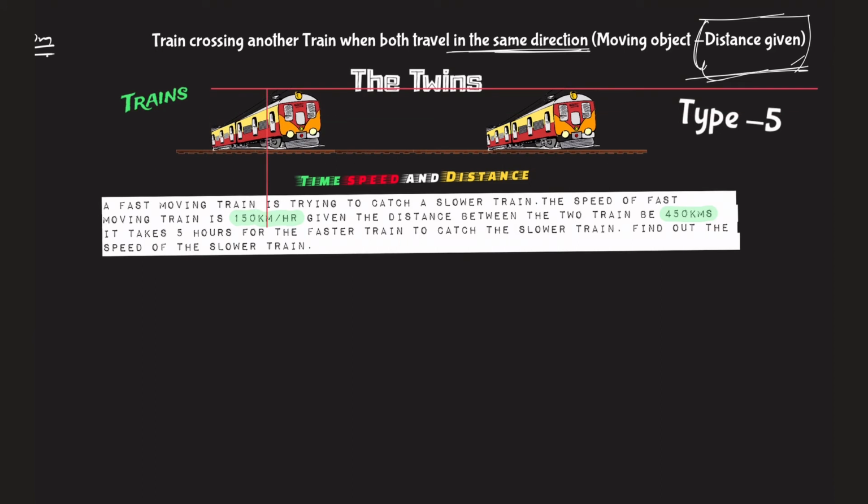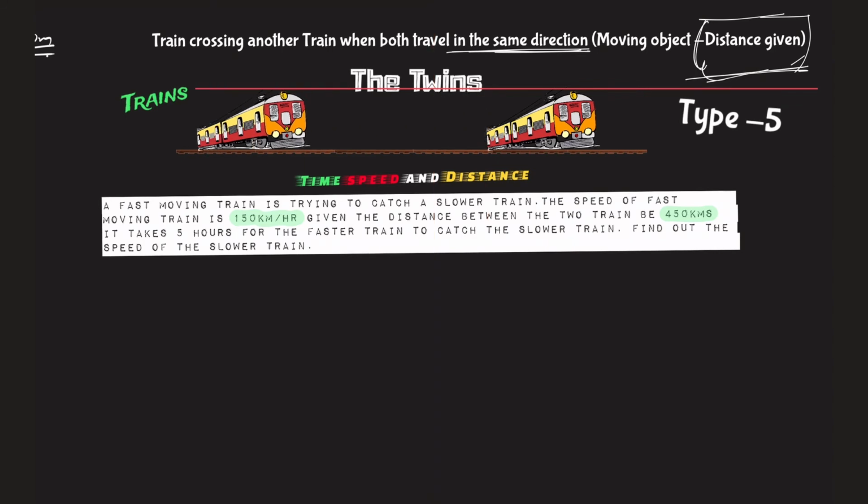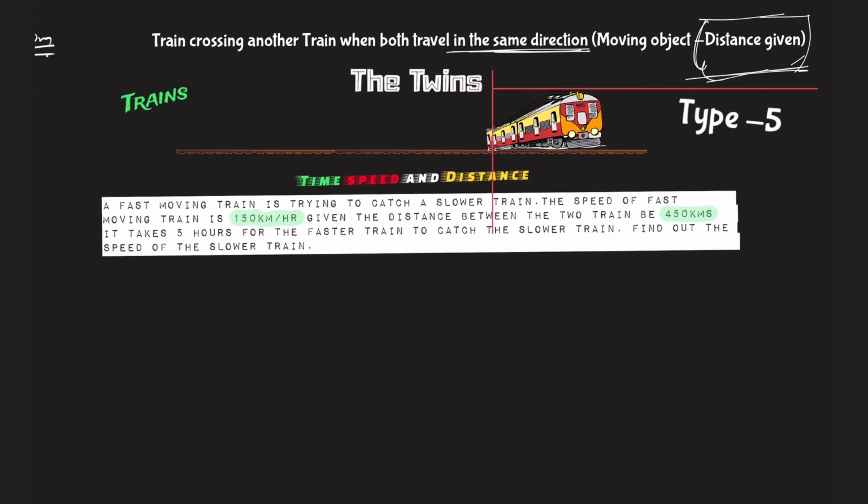Now this is also important. What is the meaning of catch? This train came here, time has started now, this train is going and it just catches, that's it. When will this train catch this train? The question is not when will this train completely cross the other train. Then it would have been type 3. Completely crossing means crossing the length of the other train and crossing its own length. That would be a crossover, right? But that is not the question here. When will this train just catch this train?